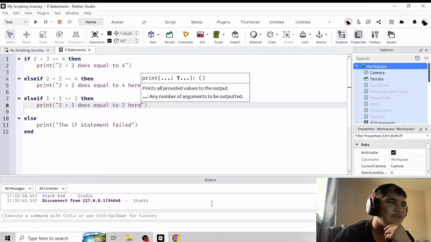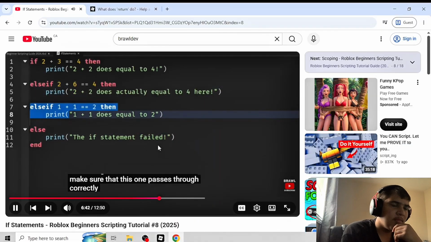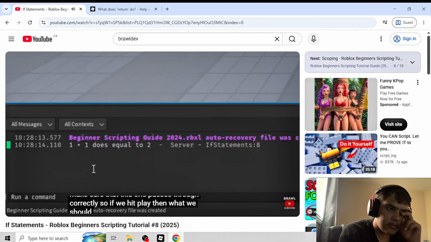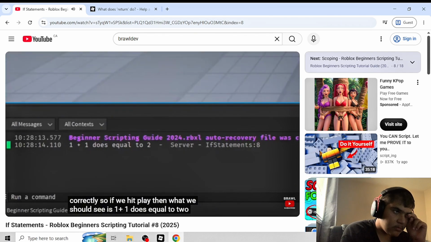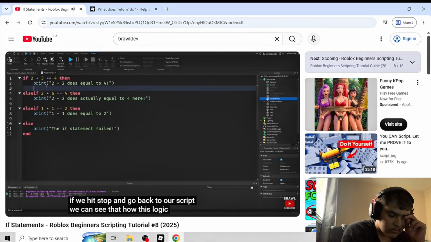Okay, that pretty much worked. Make sure that this one passes through correctly. So if we hit play, then what we should see is 1 plus 1 does equal 2. If we hit stop and go back to our script, we can see how this logic applies, because we